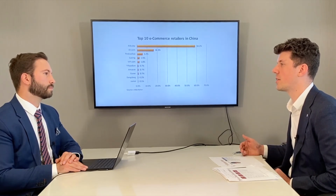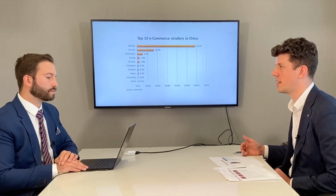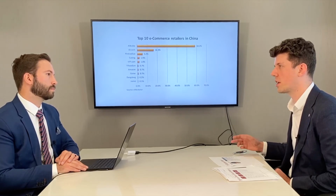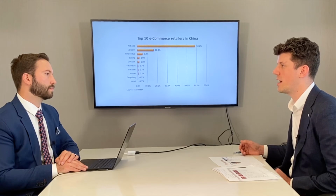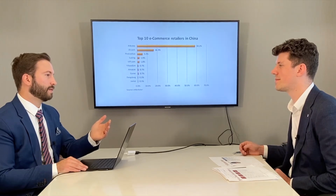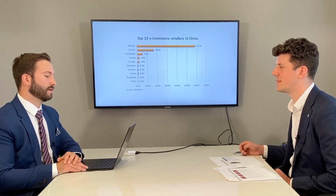So when you look at it, they're by far the largest platform, almost 60% market shares on the e-commerce retail transaction. And no one's really close to the same amount of market share. You got 2 other sizable players with JD.com and Pinduoduo, but still way, way smaller than the Alibaba platform. Right, and JD.com, I know that Walmart's got a sizable stake there, so obviously they're willing to put some cash behind that. Yet Alibaba is still able to maintain that leadership position, so that bodes well for them and what